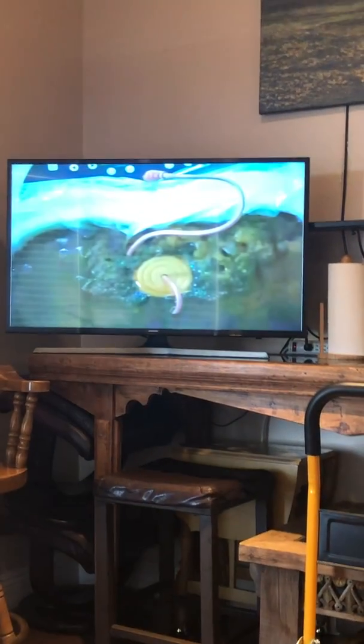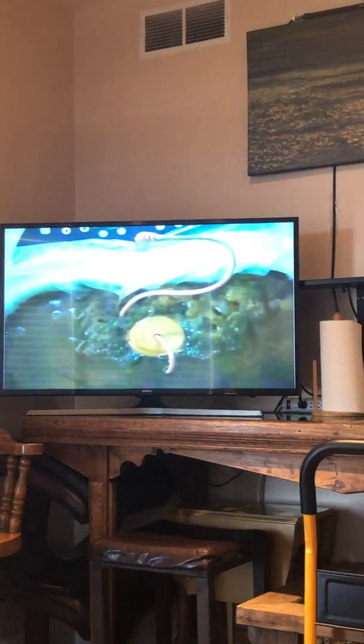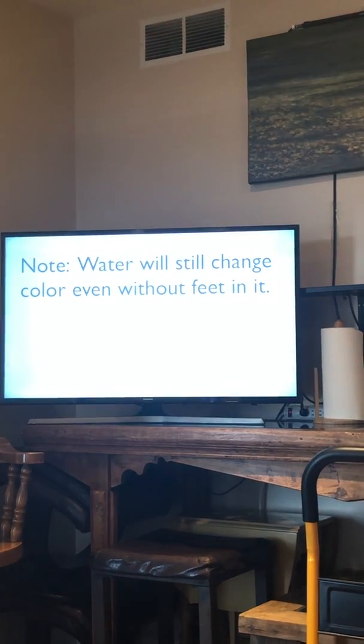This is why people will notice a drastic change in the color of the water. Look at that water. I do want to note that the water will